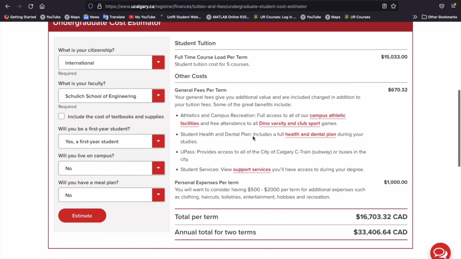As per my other videos, I've always mentioned that once you get your tuition, there are always other additional costs added to your fees, because the university includes things like the bus pass, dental plans, health plans, and, as you can see here, recreation activities. All of that goes into other costs, and it tells you here you have $670, plus personal and other expenses that they've added, if you want to consider that. So if you add all of this, you're going to get the total of